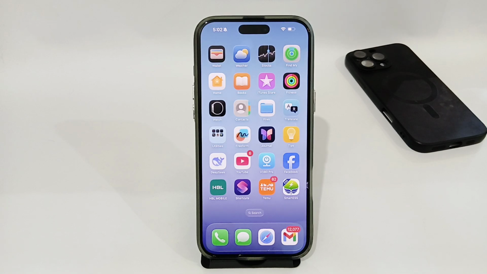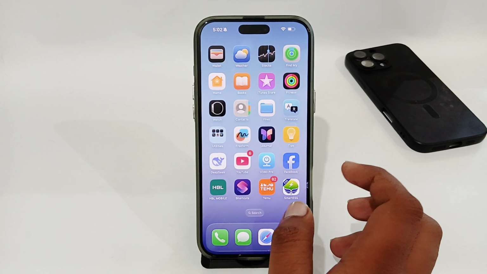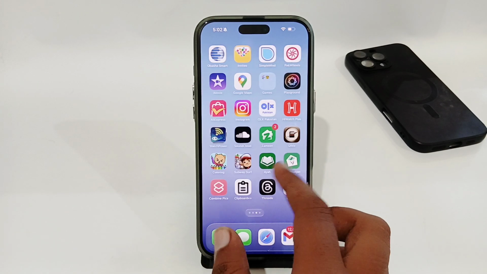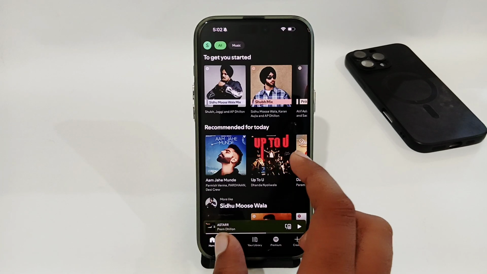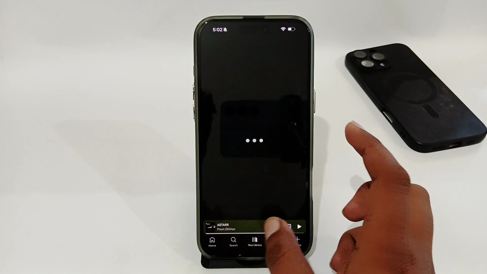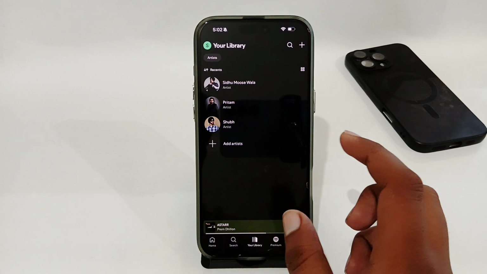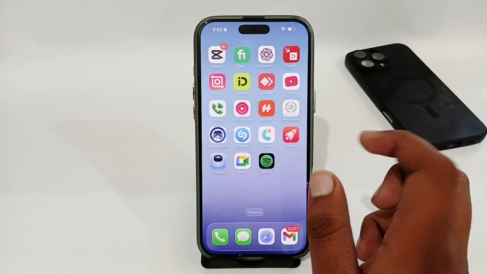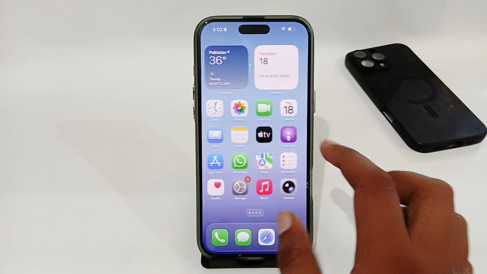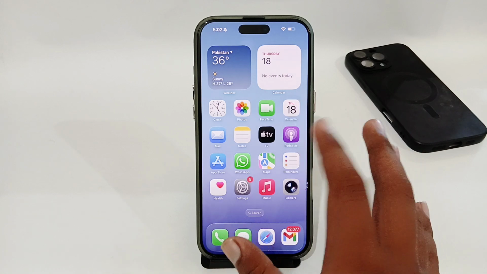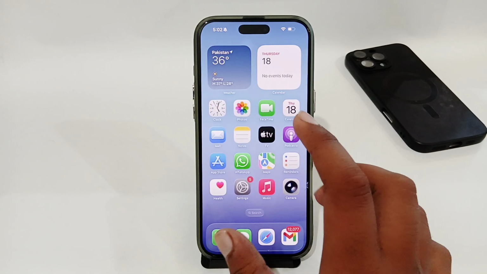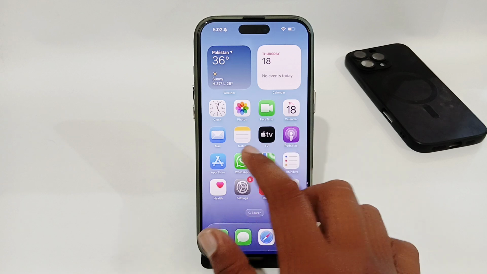Hey guys, today I'm going to tell you how to transfer Apple Music playlist to Spotify. If you're using an iPhone and you want to transfer your Apple Music playlist to Spotify, let's see how you can do that. You just have to go to your App Store and install a third-party application for that. Because in iPhone we don't have any official way to transfer our playlist to Spotify, so you have to simply